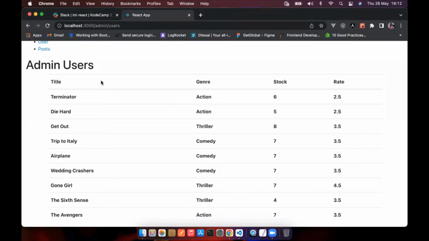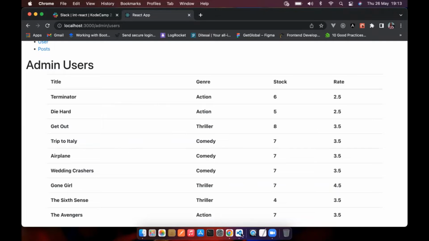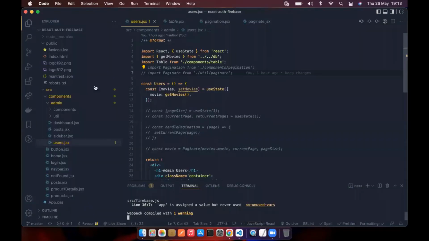So what we are going to achieve is how to paginate this table into different pages instead of just leaving it long. Assuming this list of movies is now over 100, you wouldn't want to display everything, making the user scroll. So instead, you can just paginate the table into different pages so that the user can just navigate. So in order to achieve our pagination, we are first going to,